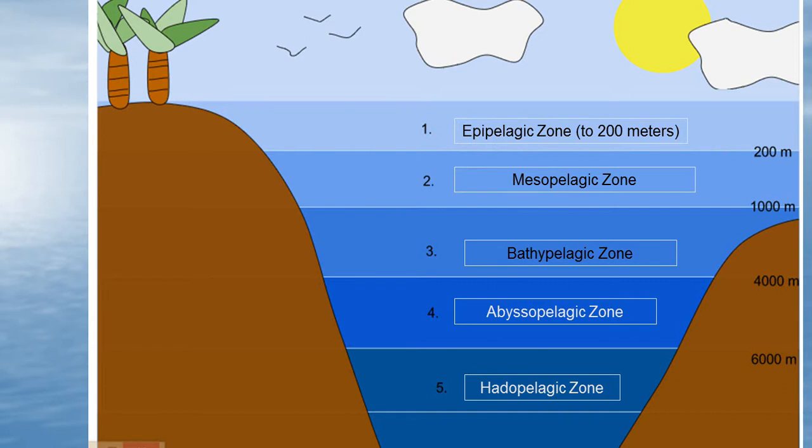We have zones beneath it, which we will cover in module, I believe, 14. Right here, we see the mesopelagic, bathypelagic, abyssopelagic, and the hadopelagic. And you can see how we're going to learn about critters down here get very, very strange. So, epipelagic, 200 meters. That's probably a good quiz question right there. How far down does the epipelagic extend? You want to remember that.